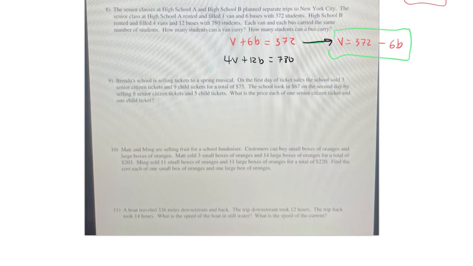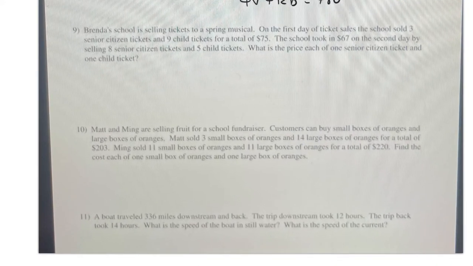So that's that. Problem number 9. Brandon School selling one ticket, spring, blah, blah, blah. On the first day, ticket sales sold, senior citizen and child tickets, 75. 67, second day. My student and I did a problem just like this earlier, and what we did, which was a really good idea, is we called X the senior citizen tickets and we called Y the children tickets. And basically,